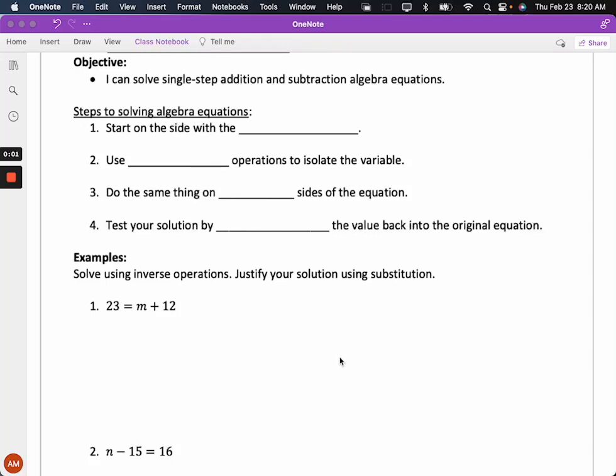Welcome students. In today's video we're going to take a look at how to solve single-step algebra equations involving addition